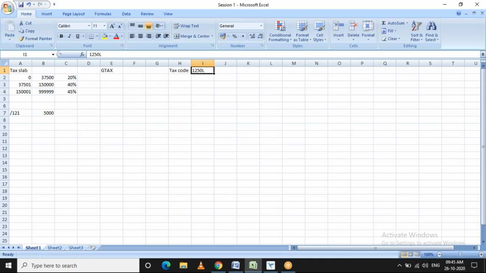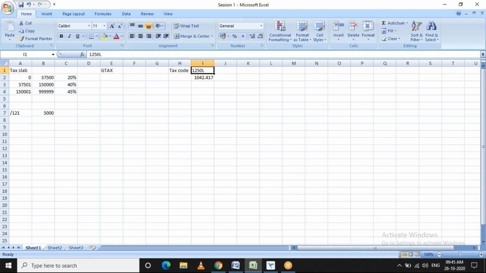Now, how to convert this alphanumeric code into a numeric value? The system changes the alphabet into the numeric value 9, which is the default and is applied to all the alphabets.